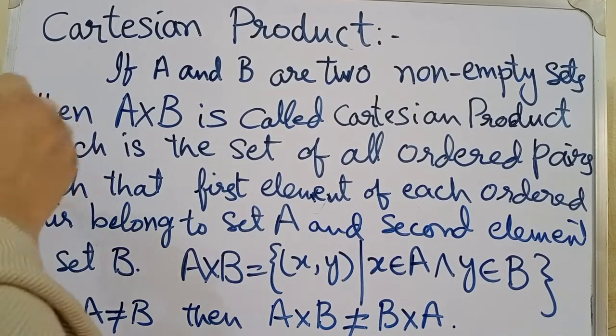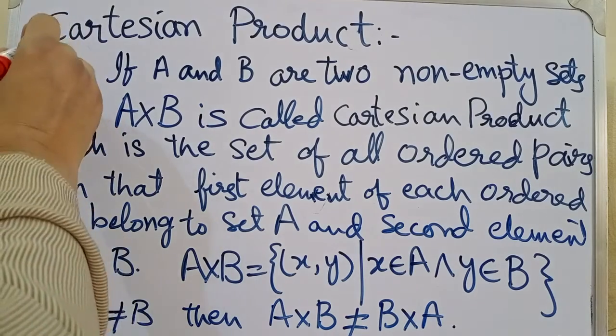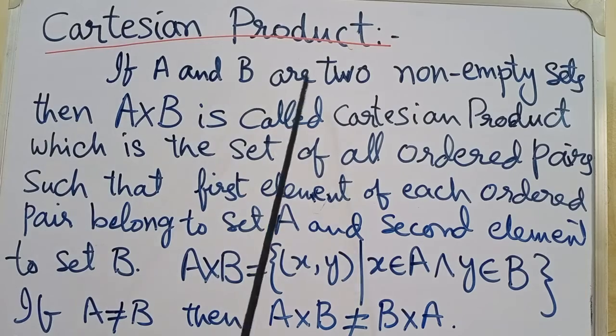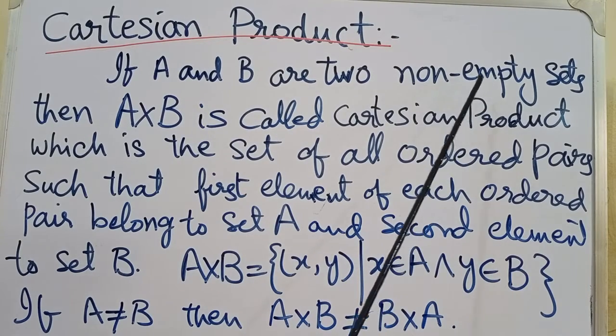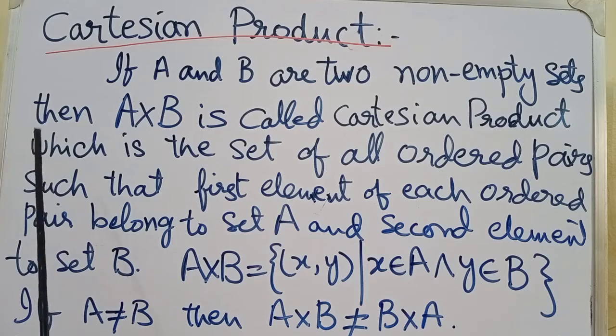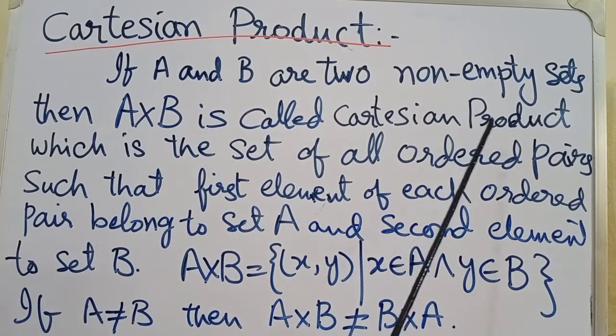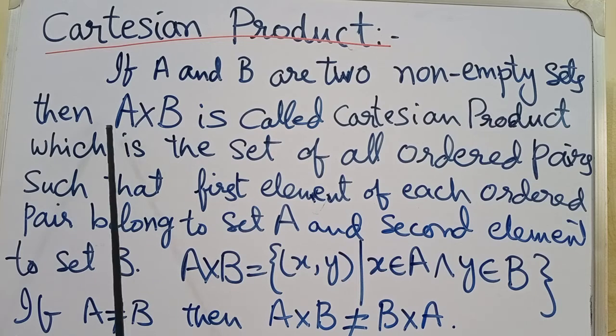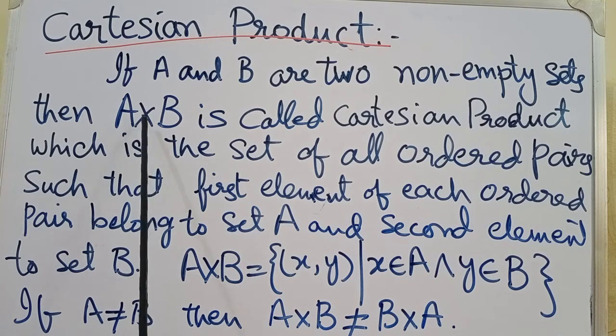Now today we have to discuss Cartesian product. If A, B are two non-empty sets, then A cross B is called Cartesian product, which is the set of all ordered pairs such that the first element of each ordered pair belongs to set A and the second element to set B. This is why, because this Cartesian product set has first set